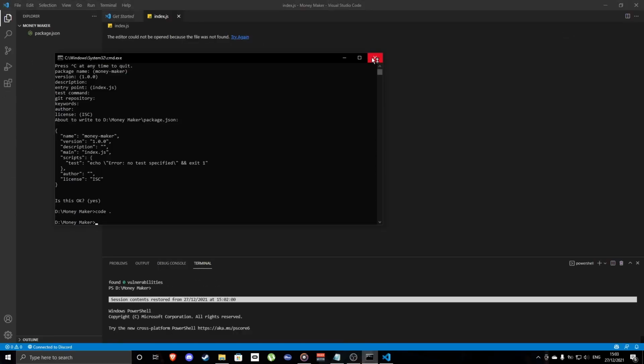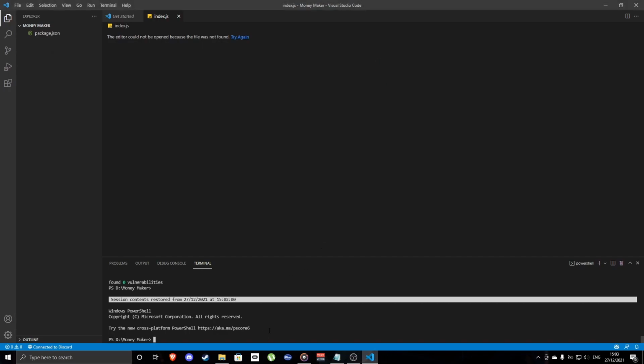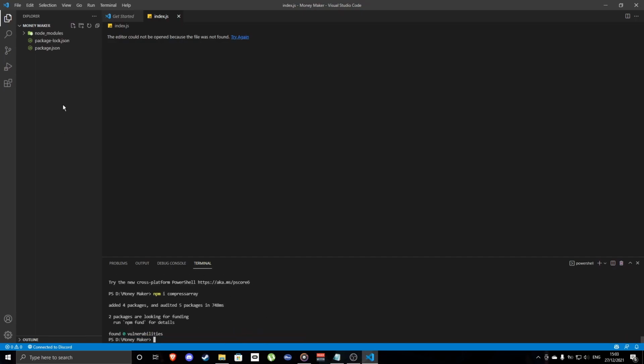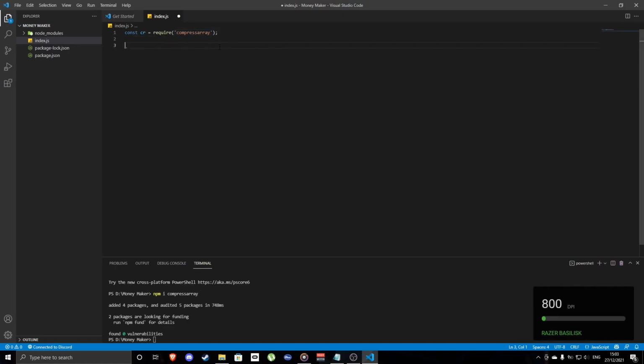You can now close this there, and then we're going to want to install a package, compress array. Okay, now create your index.js file and type const cr equals require compress array,